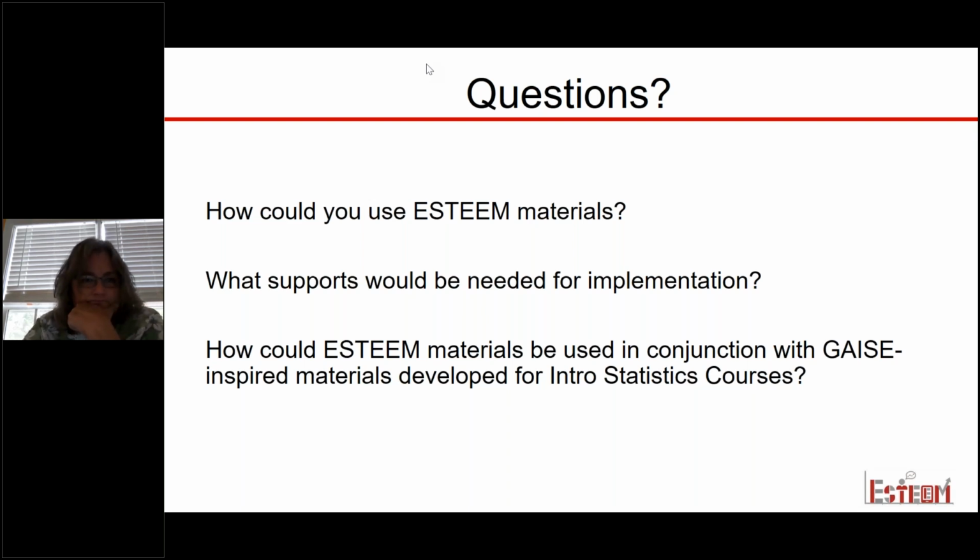Okay. Malaya says, can ESTEEM be used to orient or introduce collaborative researchers from other disciplines such as medicine? Depends on what you want to introduce them to. I'm not sure I'm understanding the purpose of that use. I think I would need to understand that purpose a little bit more.